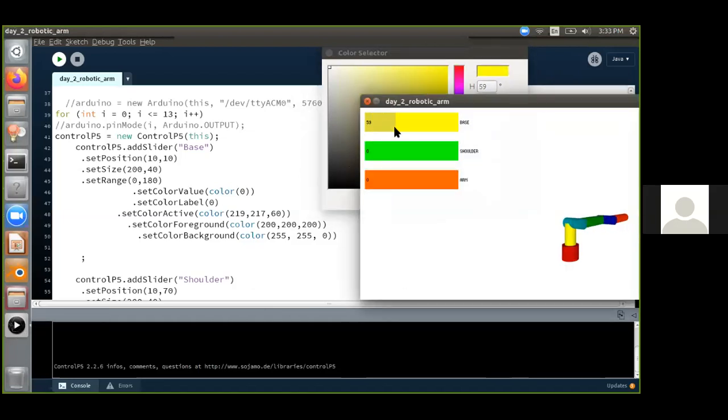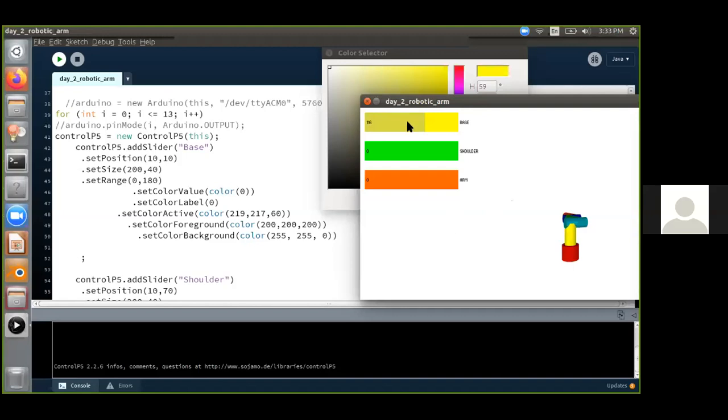Initially what you saw was the color inside. Now this is the color which is matching with this. So 219, 217, and 60 is nothing but the color which is inside this. If you take it out, the 200, 200, 200 comes.